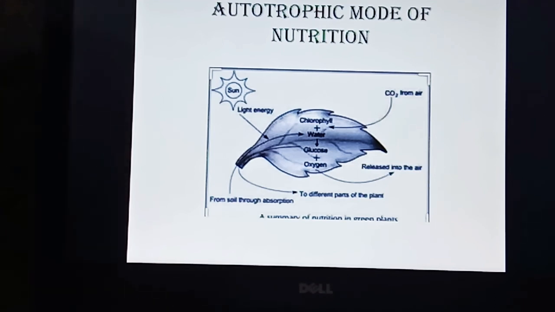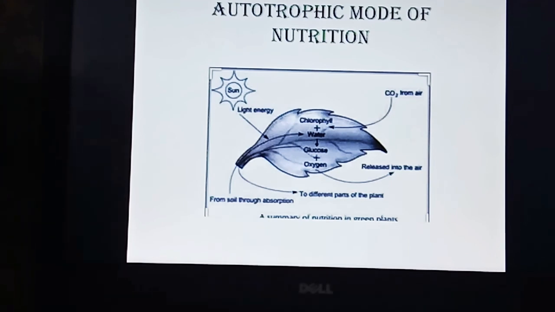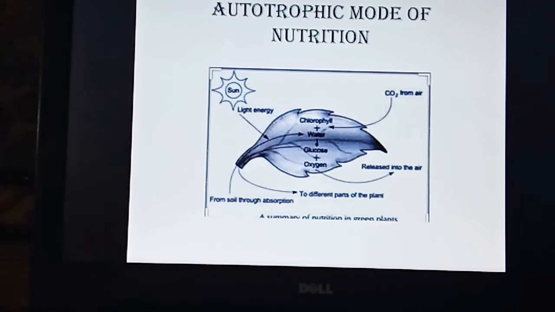Green plants and autotrophic bacteria are examples of autotrophs, as they synthesize their food using raw materials such as water, carbon dioxide, and mineral salts. They all contain a green color pigment known as chlorophyll. Chlorophyll is capable of trapping and fixing the solar energy used for synthesizing raw materials like CO2 and H2O.